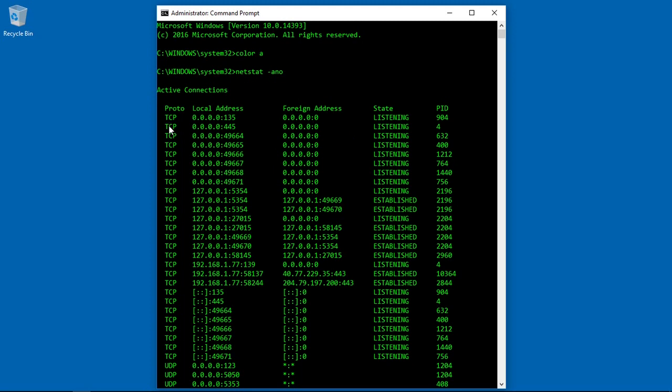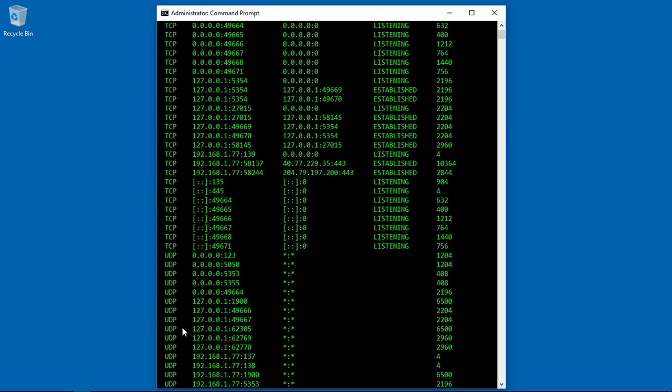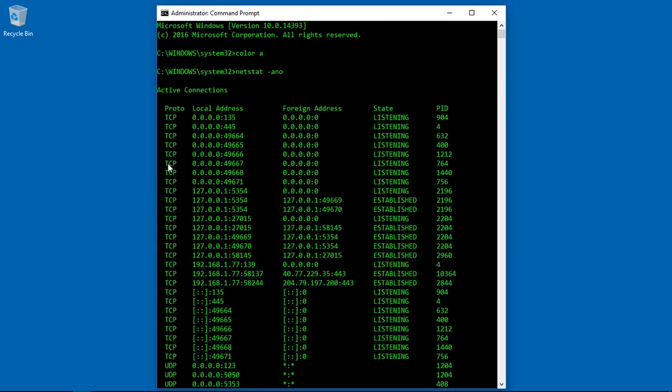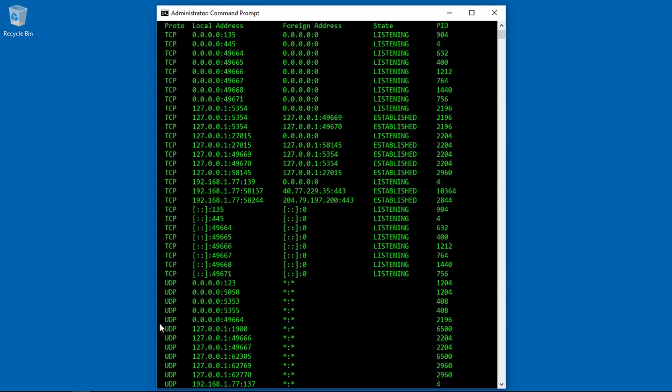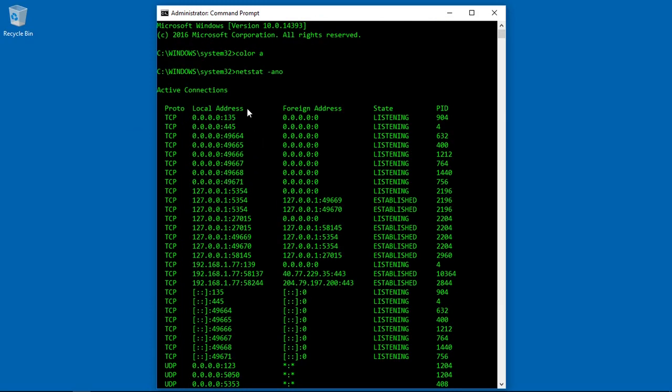The first column is the protocol column. It's got TCP and UDP here. TCP is the Transmission Control Protocol, and UDP is the User Datagram Protocol. This has something to do with transportation of data from one computer to another, so I'm not interested in column 1. Column 2, local address